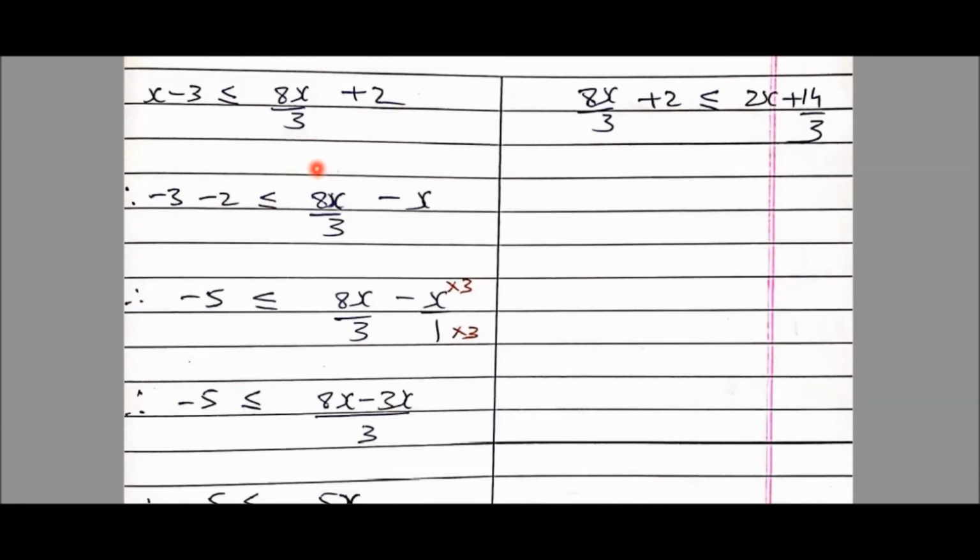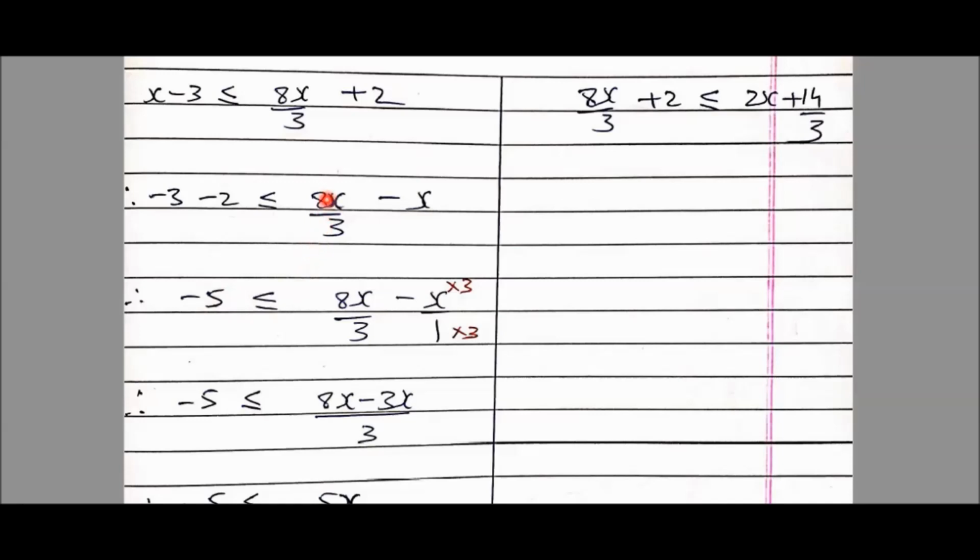I always like to keep x as positive. So I was having x here. You can even call this minus 8x upon 3 on the left hand side. But what I did is, because I want to keep x always positive, I made this x go on the right hand side. So x when it comes here becomes minus x. Similarly, minus 3 is as it is here. 2 when it comes on the left hand side becomes minus 2.